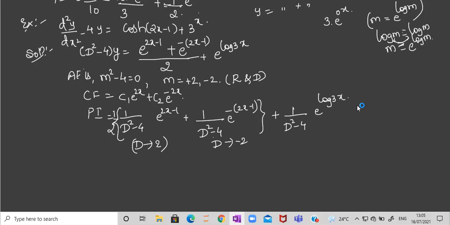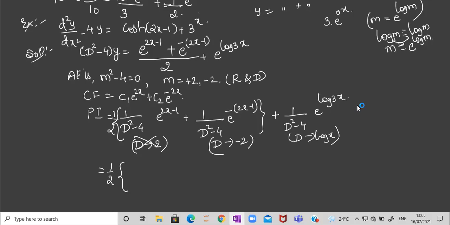Don't forget minus is there. Here d has to be replaced by, very interesting, log 3. Very good. Leaving x, whatever you have, you should take like that. Now, just check if you replace it by 2, is it going to be 0, yes or no?